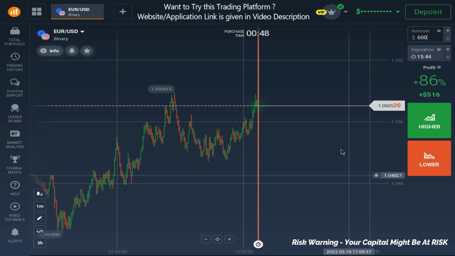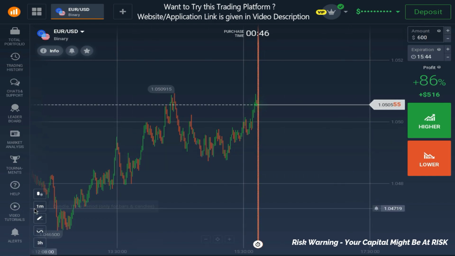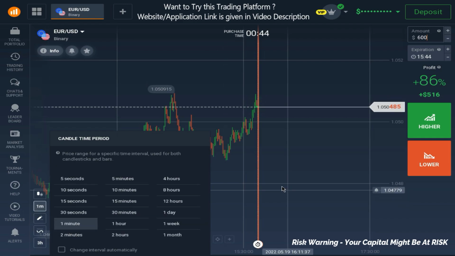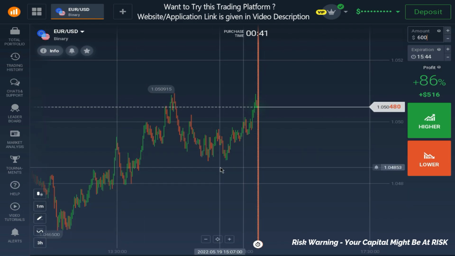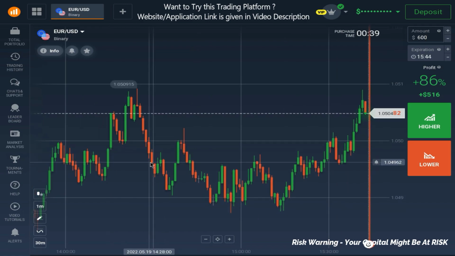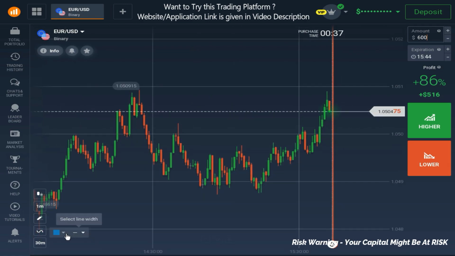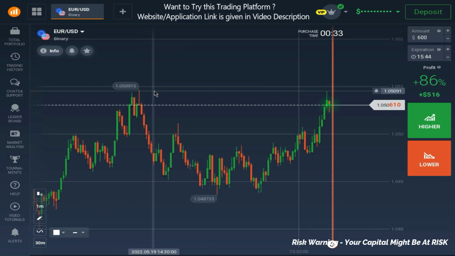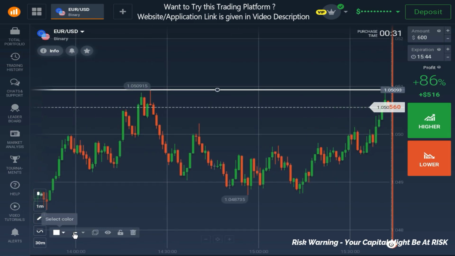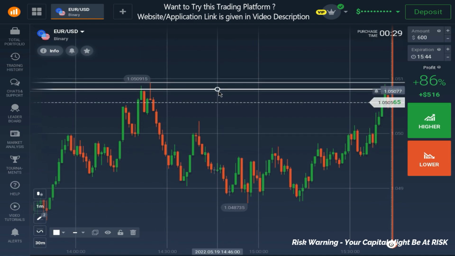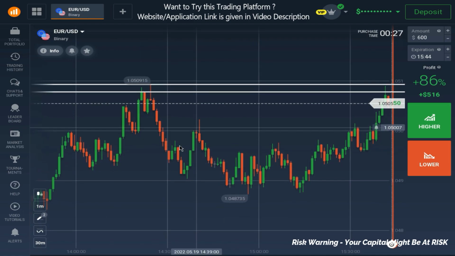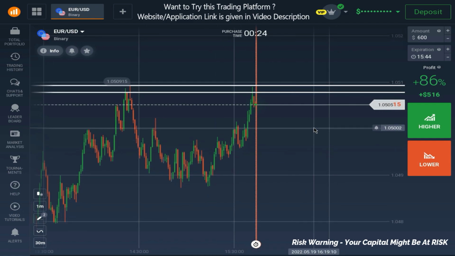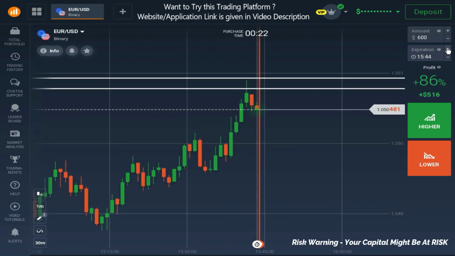So let's get started. As you can see, this is the Euro US dollar chart, and I'm watching the 1 minute time frame. So first of all, let's draw some key levels. What I can see here is that we have a strong level of resistance, or some can say that it's a strong supply zone, and the market, you can see, got rejected from the